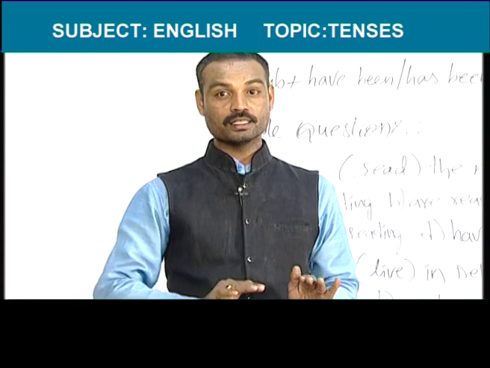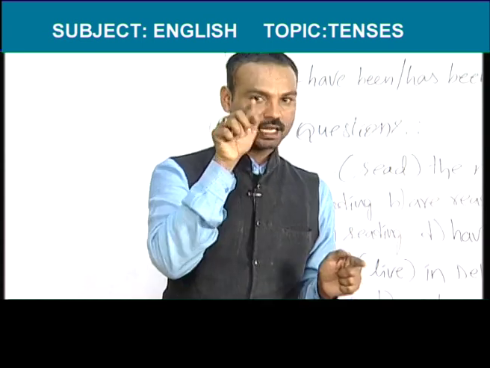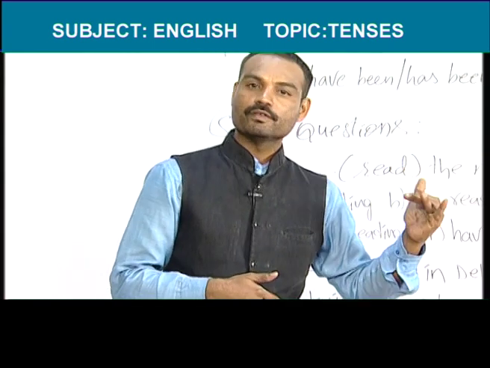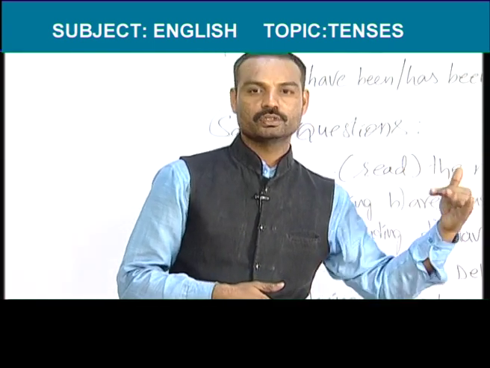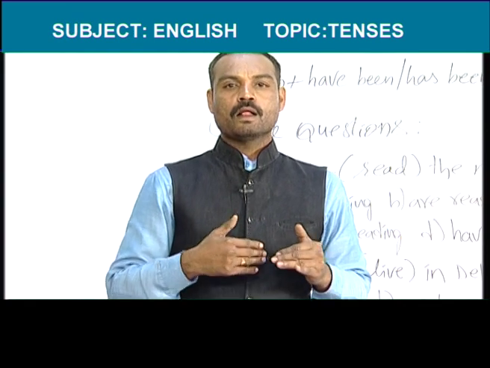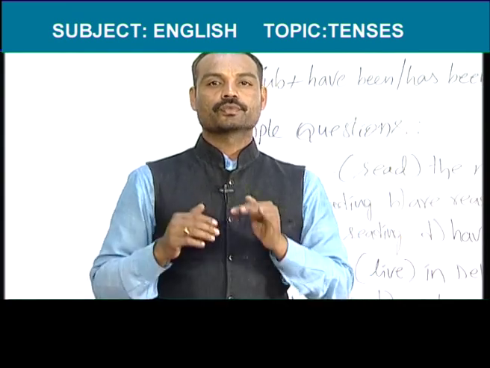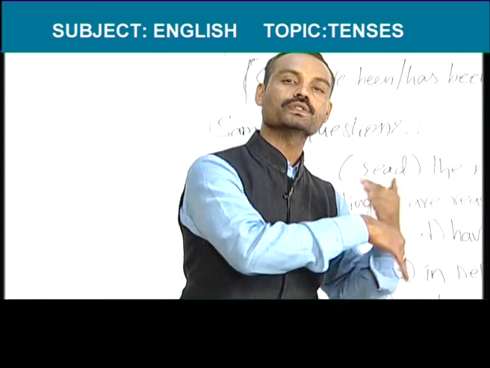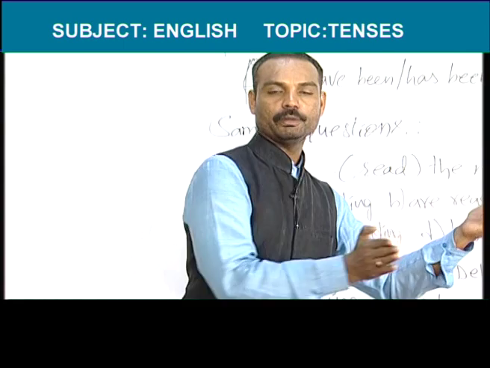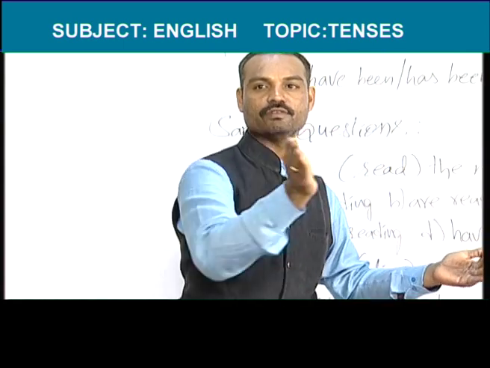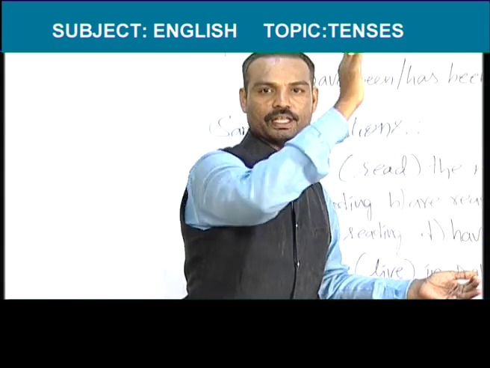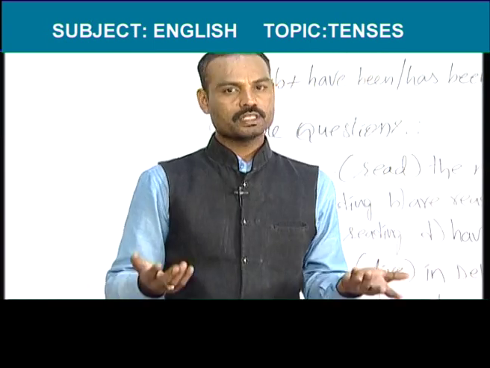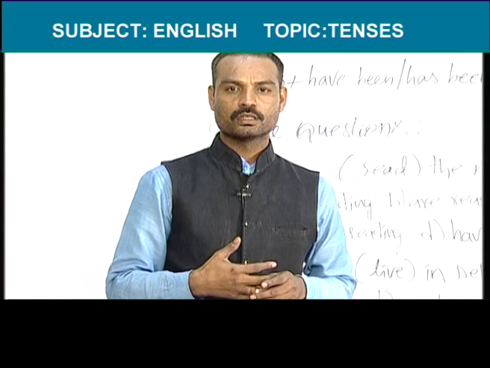The frame of the tense is subject plus shall be and will be. These are the helping verbs of future. And V1 plus ing means the ing form, then extra words. Examples are, I will be waiting for you. I will be playing tennis at this time tomorrow. We will be playing tennis, he will be playing tennis, they will be playing tennis, she will be playing tennis. This is about future continuous tense.